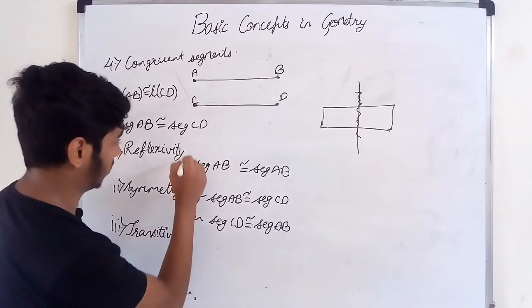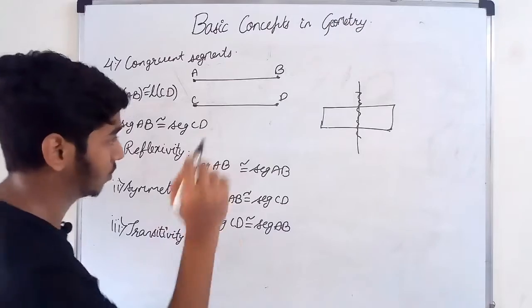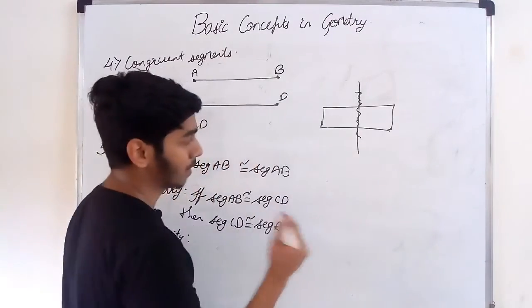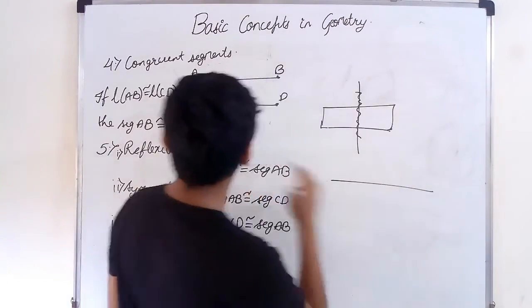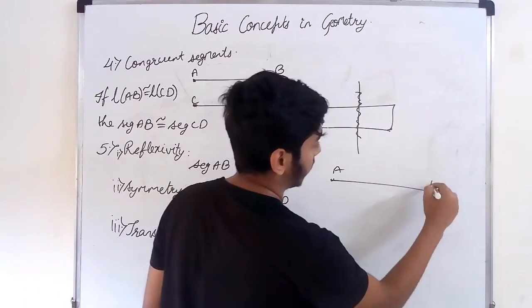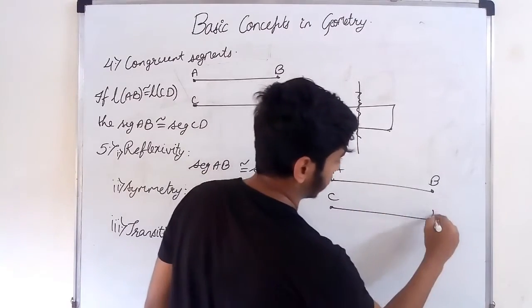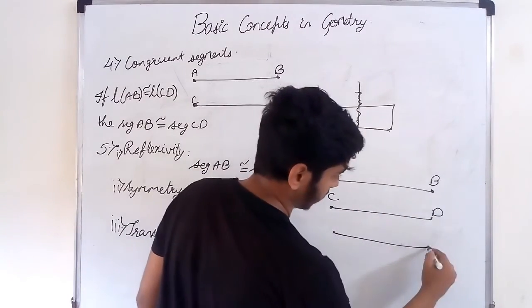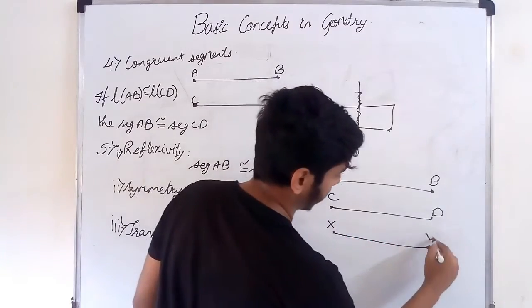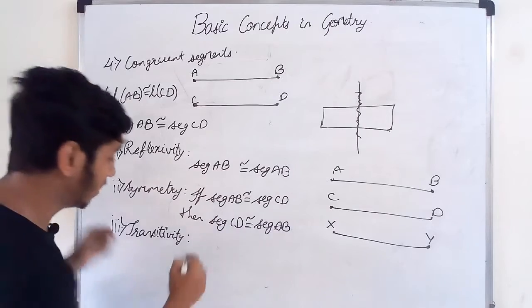Then the third one, which is transitivity. So let's see what transitivity is. We'll take AB, then let's say CD, then XY. So transitivity says